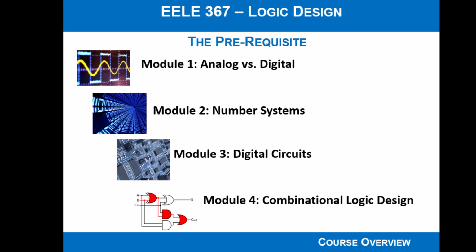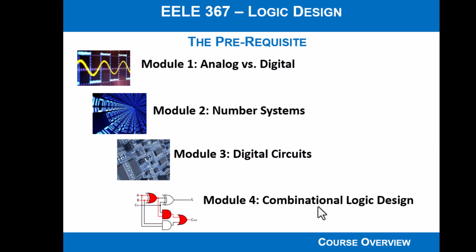Then we moved into digital circuits. So all the logic gates that you use to build logic, so AND gates, NAND gates, OR gates, exclusive OR gates, inverters, those are actually circuits. So those circuits are electronic devices that need power and a ground, and they have voltage inputs and voltage outputs. It just happens that those voltages are mapped into one of two discrete states, which is a 0 or a 1, but they are real circuits. So we had a module where we talked about things like data sheets and current draw and all that sort